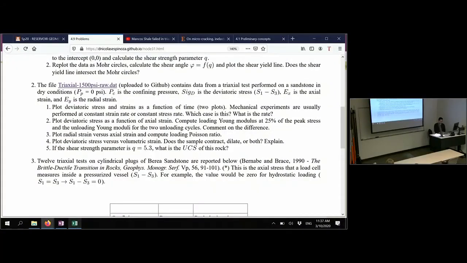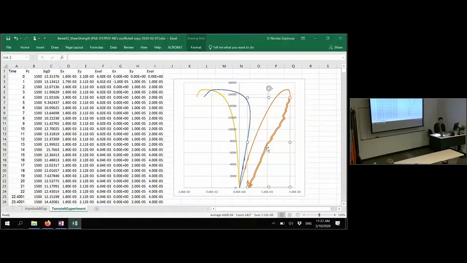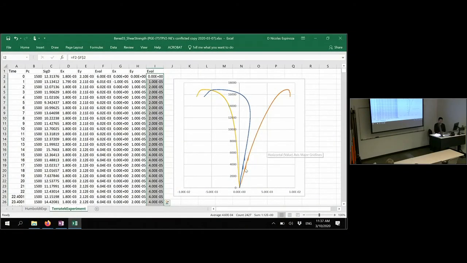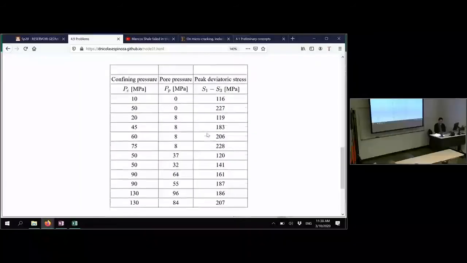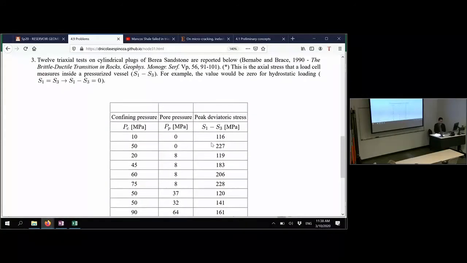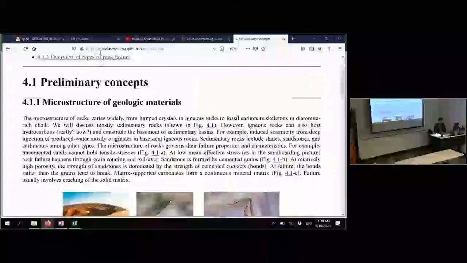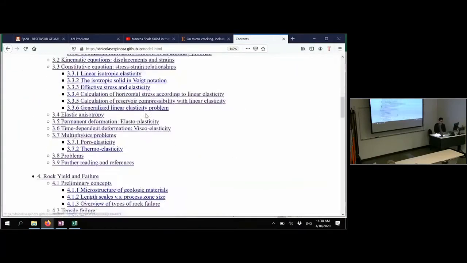The second one, I'm showing you more or less what the solution is right here. And from here you need to get the Young modulus and the peak stress. Remember that this is a deviatoric stress, so you need to add the confining pressure in order to get the actual value of the maximum principal stress. And for the last one, now you have pore pressure, and this is going to be pretty similar to the case that you have right here,